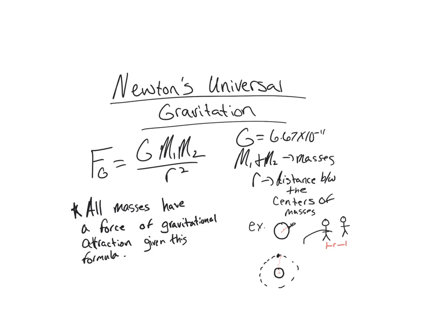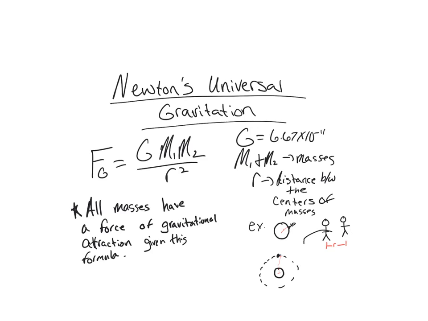Today we're going to talk about Newton's universal gravitation. So we've got the formula and some of the meanings of the stuff in the formula. We're going to talk about this in a lot of detail as we go throughout these few slides. So Newton's universal gravitation, first of all, is the formula: force of gravity equals big G m1